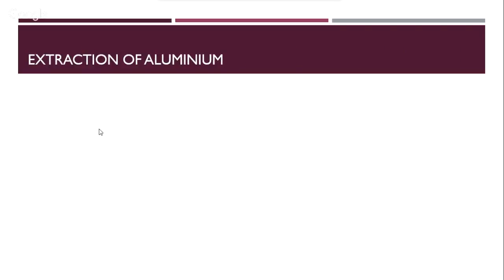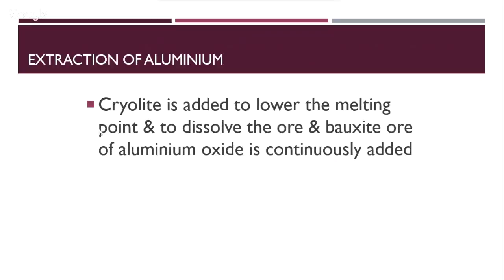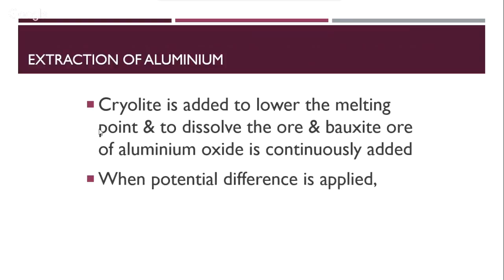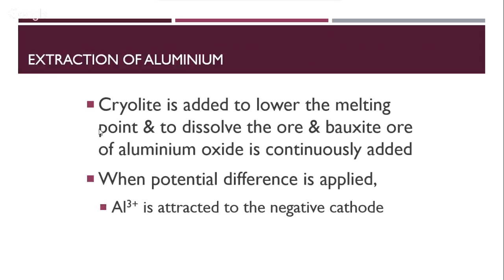Now, let's look at the process. Cryolite is added, below its melting point, and it dissolves the bauxite ore to give aluminium oxide, and bauxite ore is continuously added to this mixture. When a potential difference is applied to this mixture, you will find that Al3+ starts getting attracted towards the negative electrode, whereas O2- gets attracted to the positive electrode. So the function of cryolite is just to dissolve the ore, and the ore is continuously being added